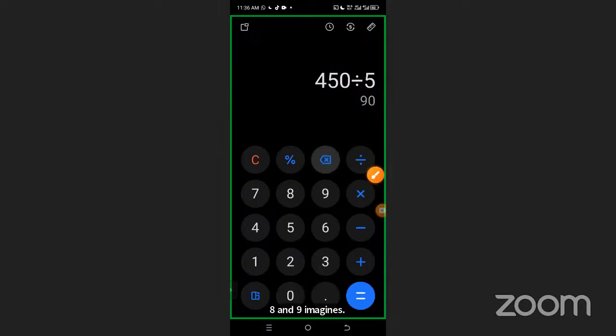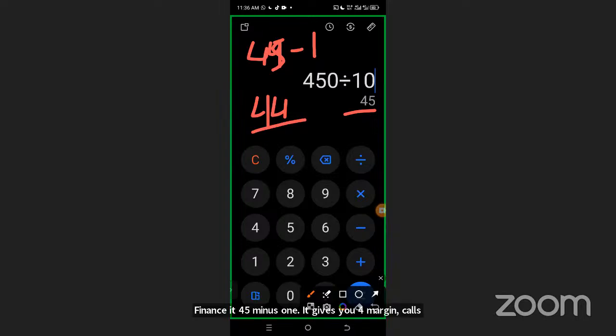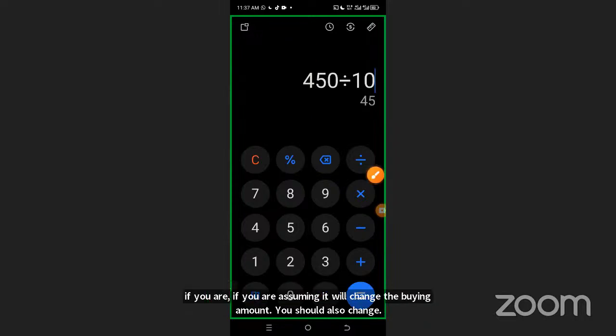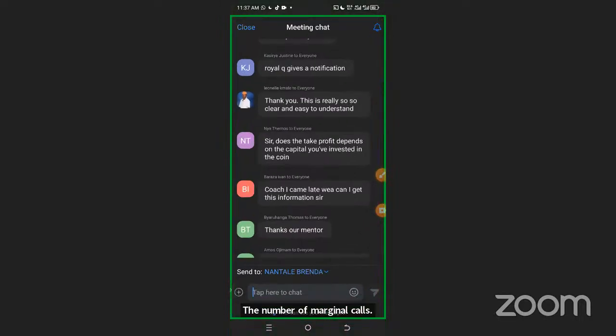But if you decide to use 450 divided by 10, you get 45, which is 45 minus 1. It gives you 44 margin calls. So if you change the first buying amount, you should also change the number of margin calls. Otherwise, if you don't change the number of margin calls and you leave them,